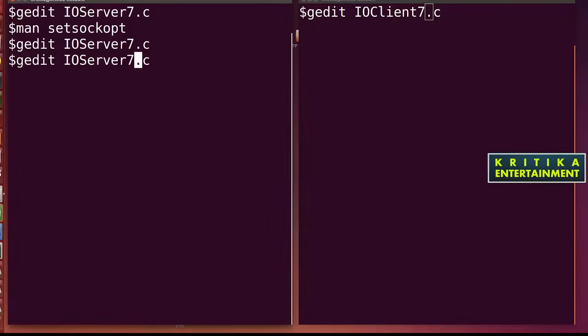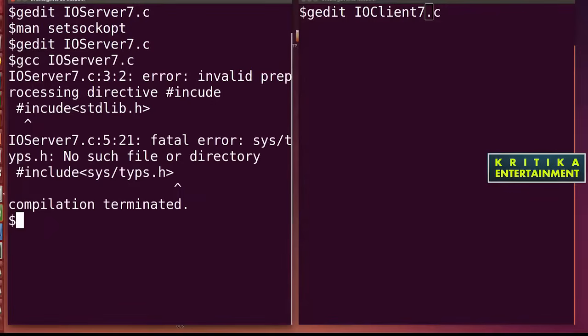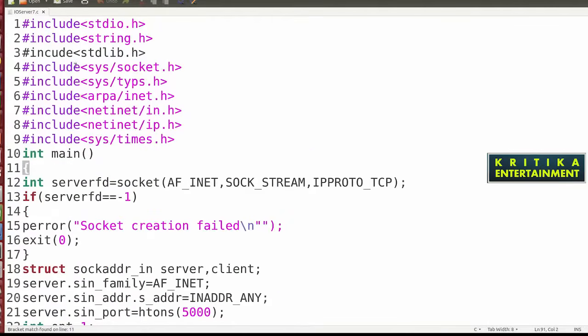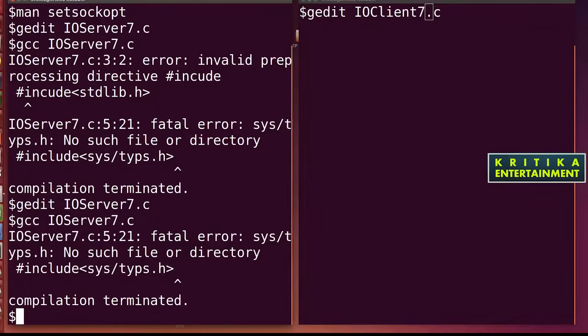Then I will go to compile and check whether it compiles successfully. So #inclu, it is a mistake. Line number 3, what is on line number 3? #include, okay.